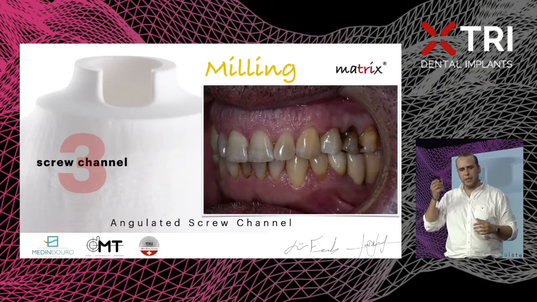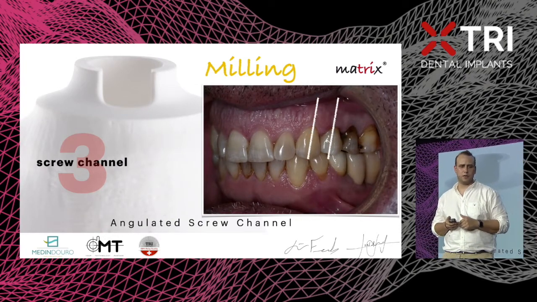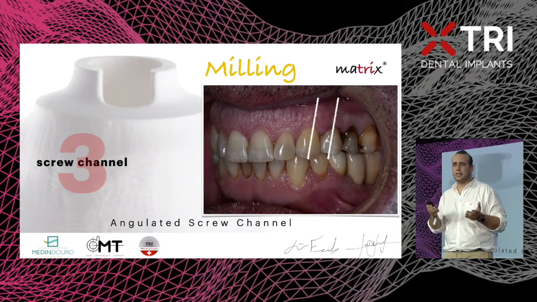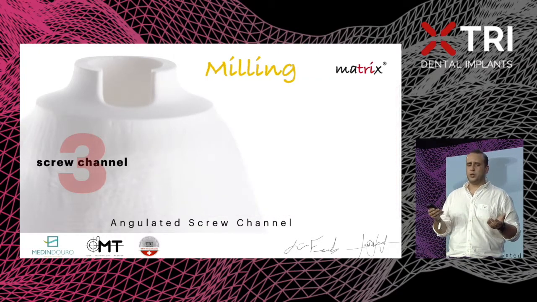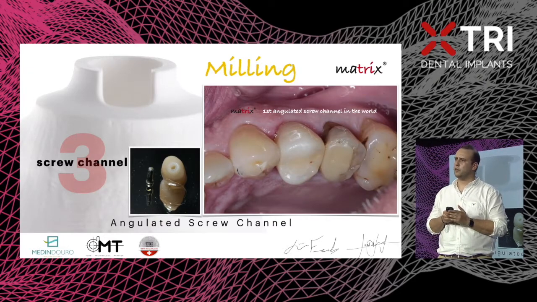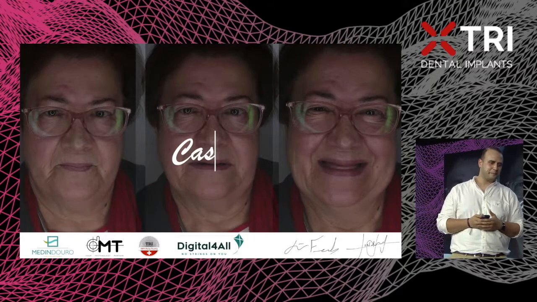We have a simple case over there, a canine implant on the fourth, and we usually have to put the implant with that inclination because of the root of the canine. And what we do, we design the crown, just push the screw hole a little bit to the middle of the restoration. One of the first we do.